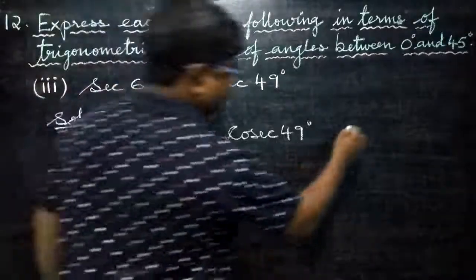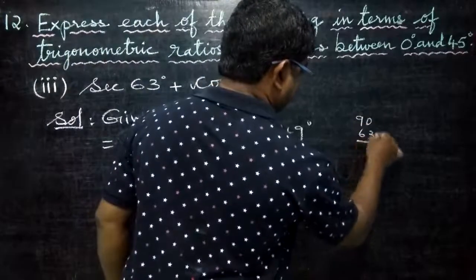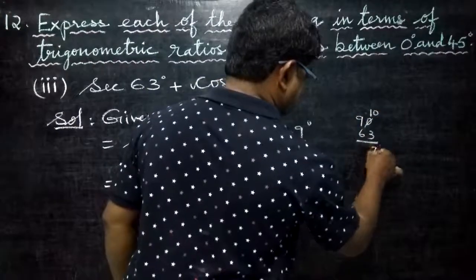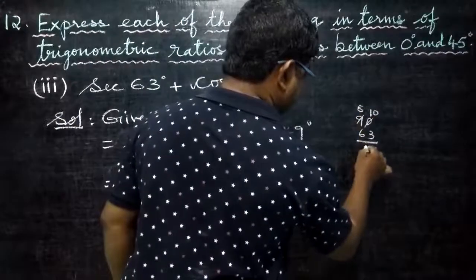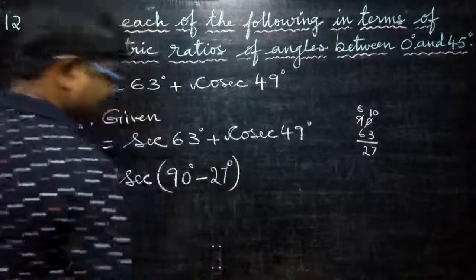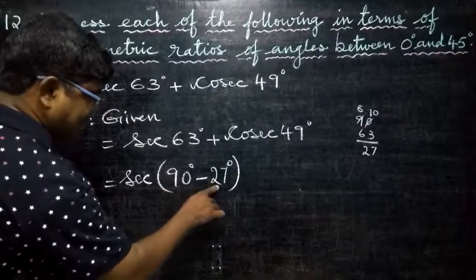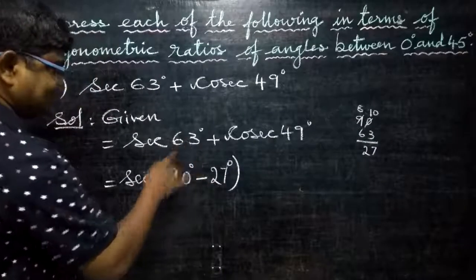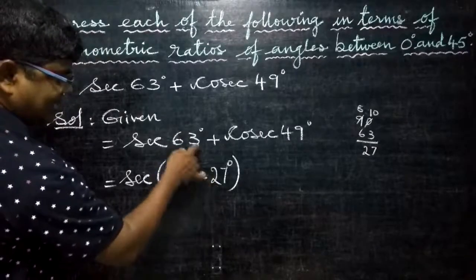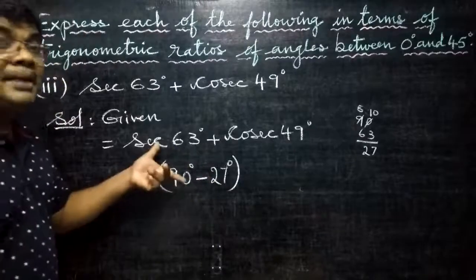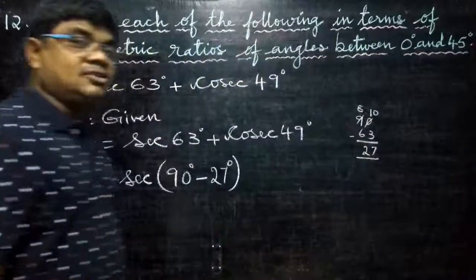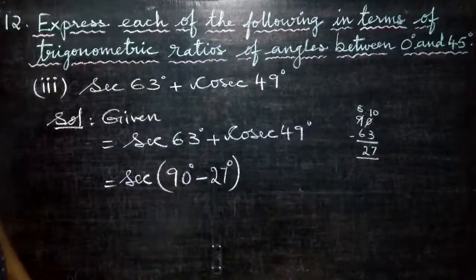Subtract 90 minus 63. Here 7. Here 10 comes, 10 minus 3 is 7. Here 8, 8 minus 6 is 2. So 27 degrees. 90 degrees minus 27 degrees is 63 only. Or add 60 plus 20, 80, and this 10, 90. Complementary angles. If you don't know, do like this, subtract. This is part and parcel of the problem. No need to feel bad.